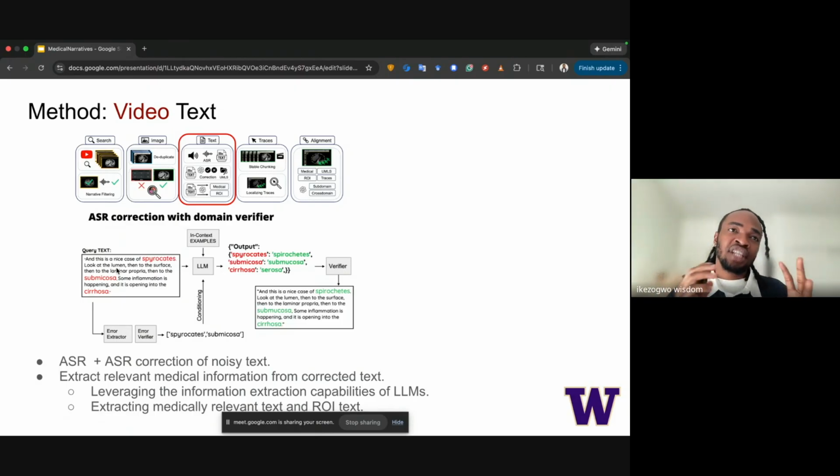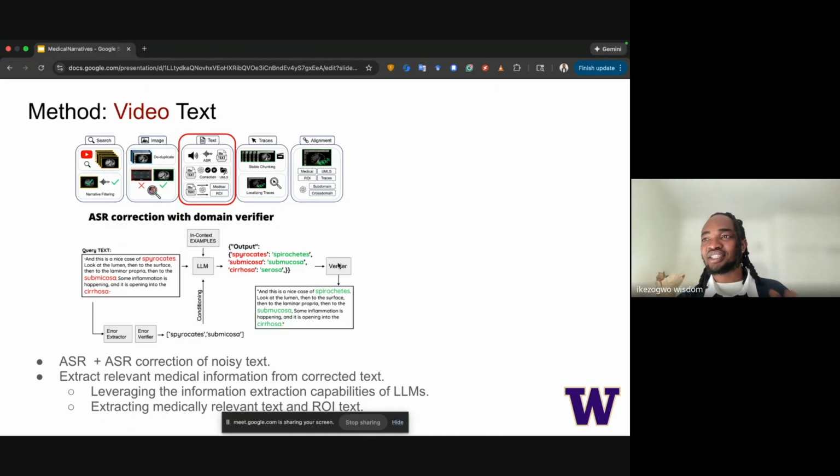But we also task the LLM with flagging other errors. So for example, in this case, it's also able to flag Sehosa and turn this into Serosa, right? Now the problem is that Serosa is not a correct word either, right?